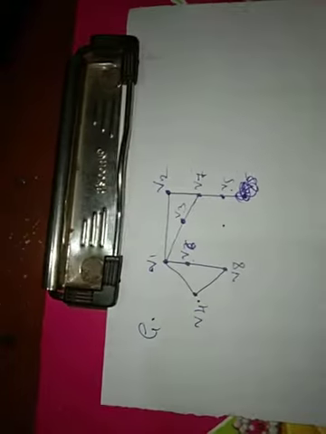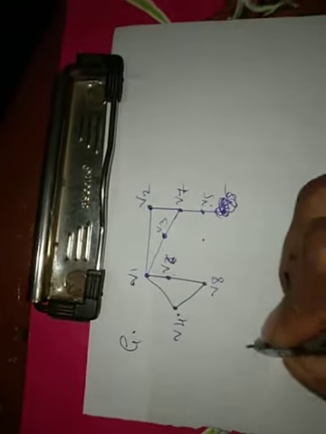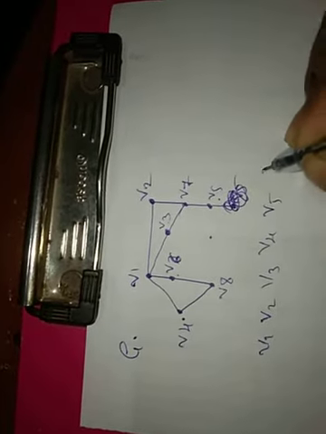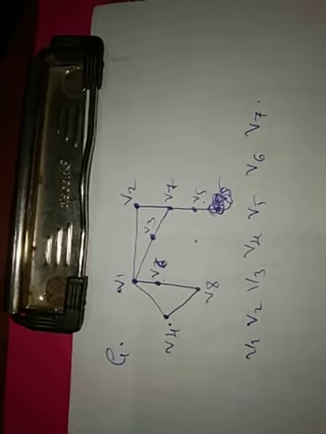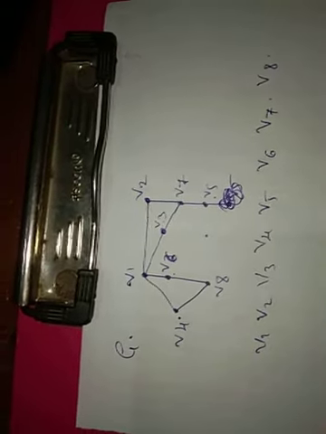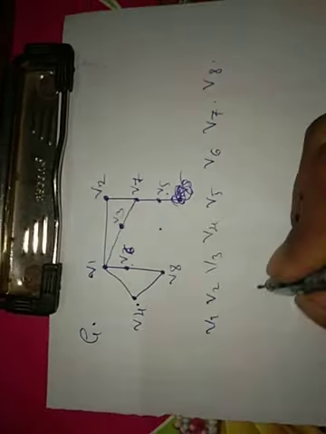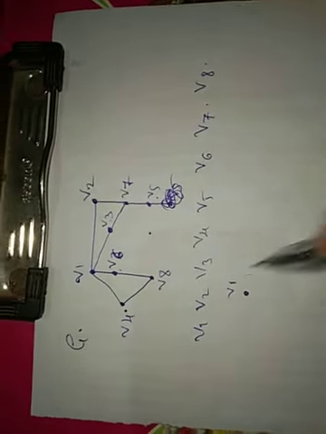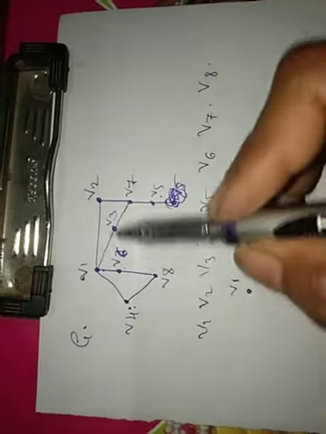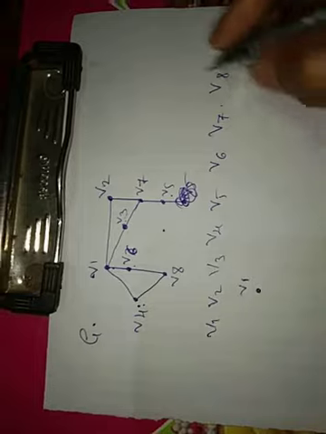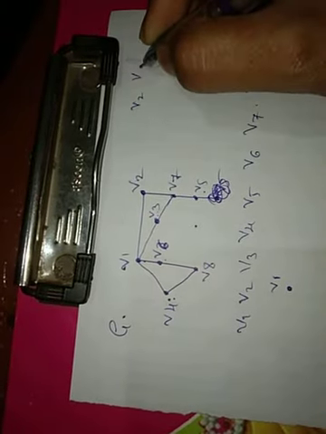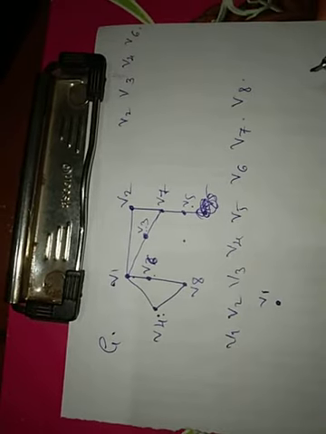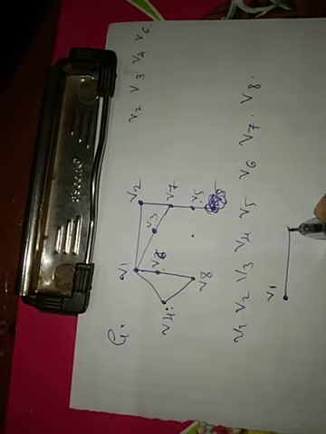So now I will explain this. Consider the graph G here. In the graph G we have the vertices V1, V2, V3, V4, V5, V6, V7, V8. In the set of vertices, start with V1. For V1, adjacent vertices are V2, V3, V4, V6. So join the edges V1, V2,